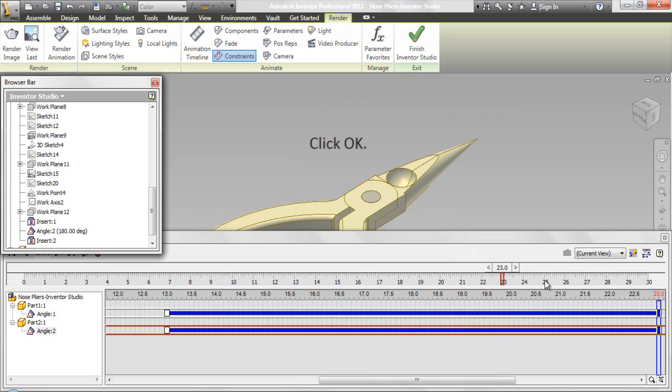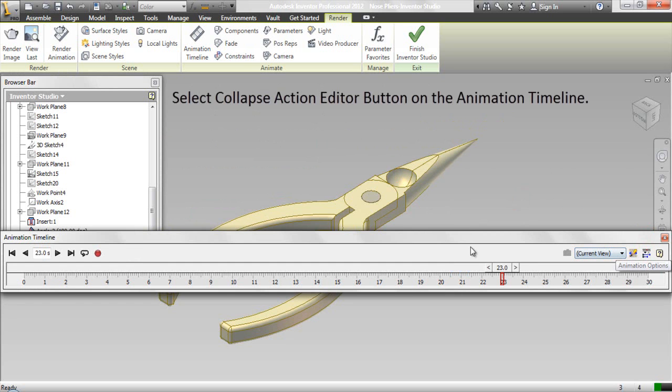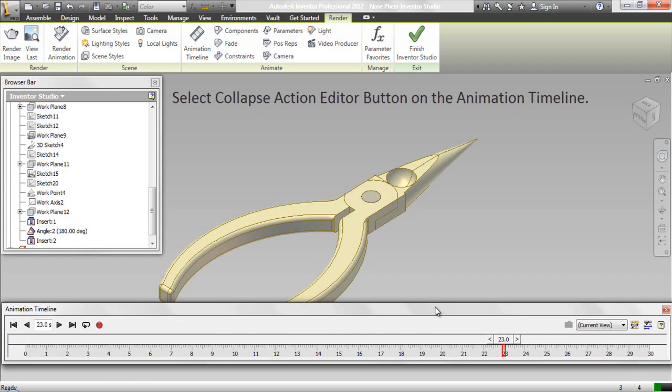Click OK. Select Collapse Action Editor button on the animation timeline.